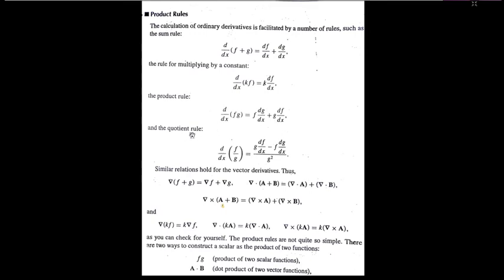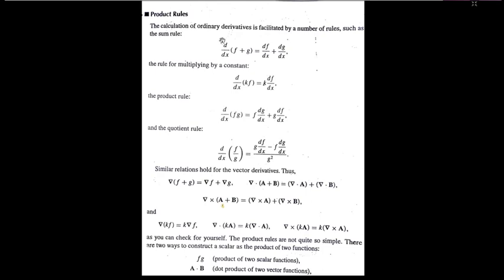The quotient rule means the ratio of f by g can be solved by g of df by dx minus f of dg by dx, all divided by g square. Now this is a normal derivative. Now let us introduce the del vector, and if the del vector is applied over here,